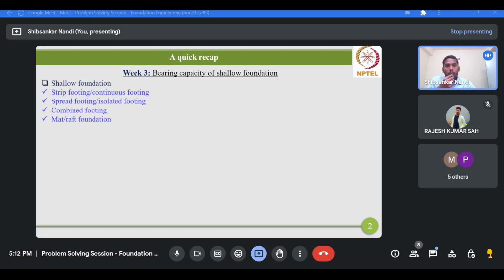Foundation is basically a part of a structure, or essentially a substructure, which transmits the load from a given superstructure to the underlying soil mass. Suppose